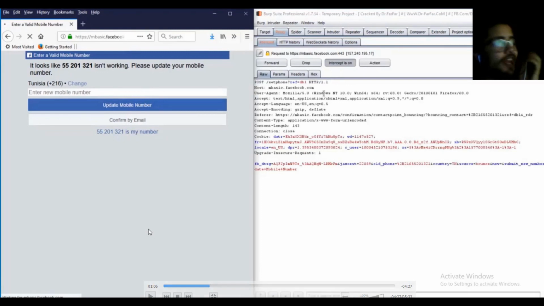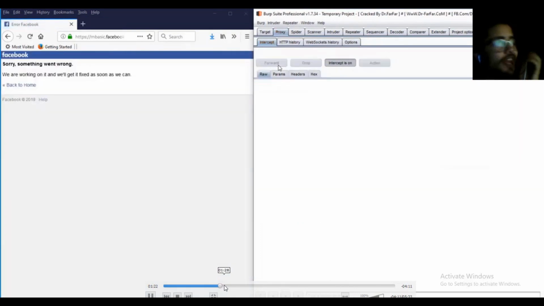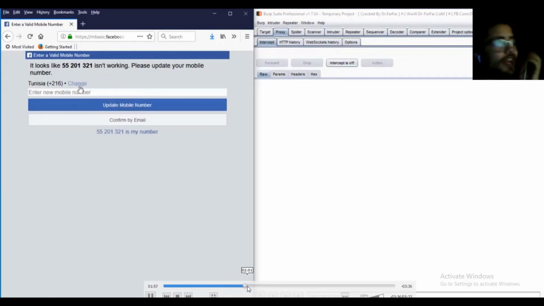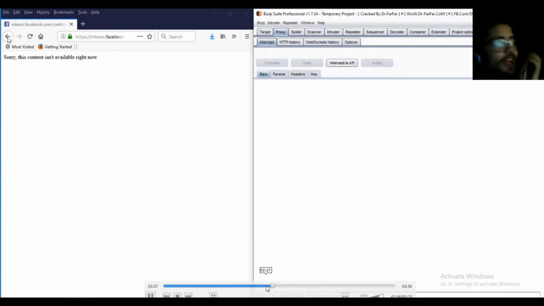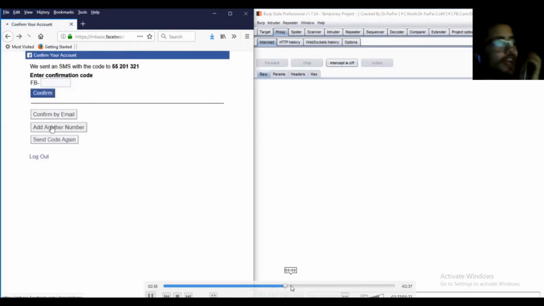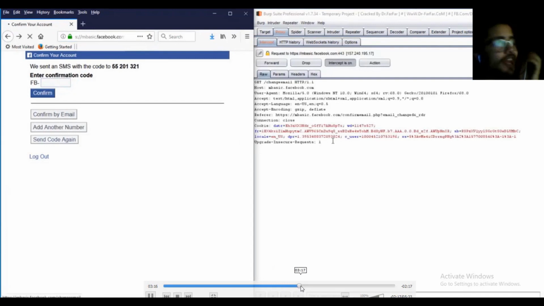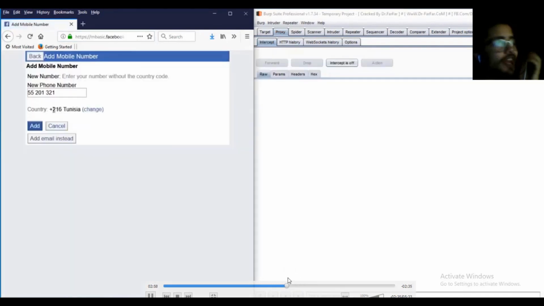create this account, we find that Facebook will disable our account. So as you can see, it looks like this number isn't working, so we need to update our phone number. So we try everything here. We try everything in the request in order to skip this case. So we try everything, and then